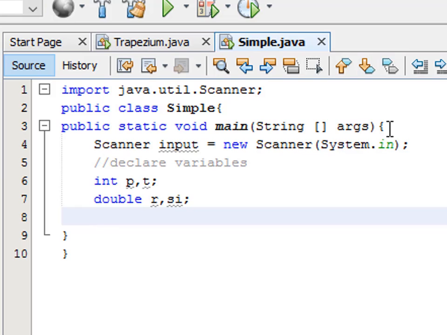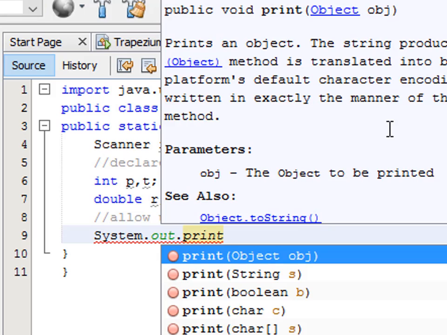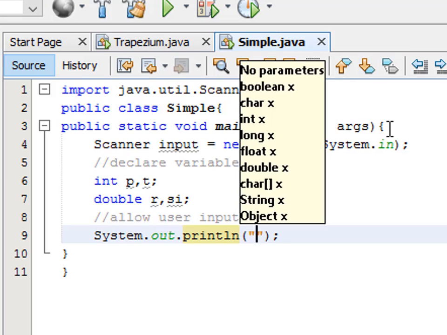So let us allow the user to input something. Allow user input. This is how we comment in Java, so don't be confused. These comments are skipped by the compiler. They are not compiled, they're just ignored. So we continue, we say System with capital S dot out dot println, which stands for line. Open up, enter